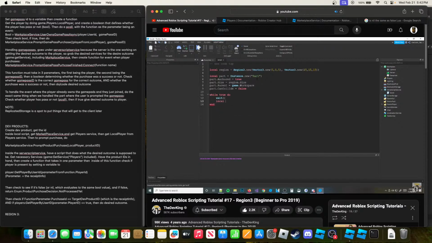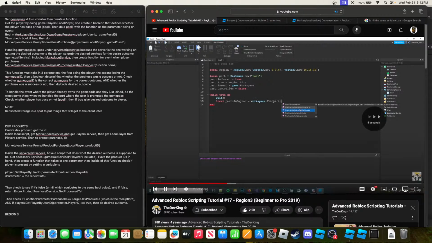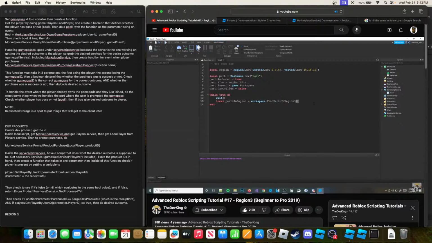Okay, and then we're going to do local parts. So we're going to have to define the parts in the region, and then we're going to loop through them, and then we're going to see if it's a player, and if it's a player, we're going to kill the player, something like that. So we're going to do FindPartsInRegion3WithWhitelist. I'll hit enter, and it takes 3 parameters. First things first, let's